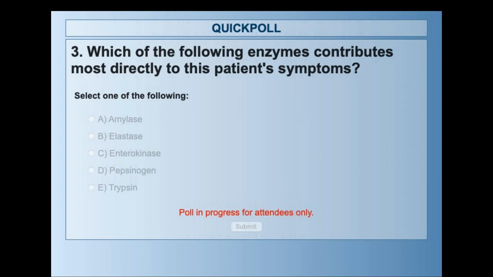Okay, so let's see. Kind of looking at the results so far. It's a 2-horse race. Two of the answer options are almost tied. So if you have not cast your vote, go ahead and do that now. I'm going to close the poll here in just a few seconds. As Abraham noted, you never want to leave a question unanswered on test day. You never want to leave a question unanswered during question lab. Okay, so we've got just over 3/4 of you voted. So I'm going to close the poll